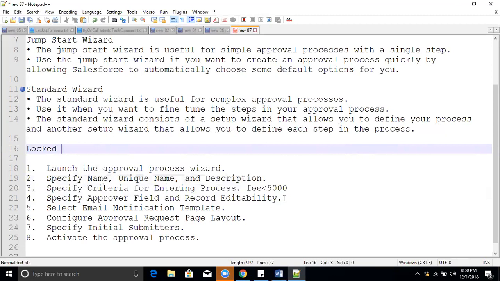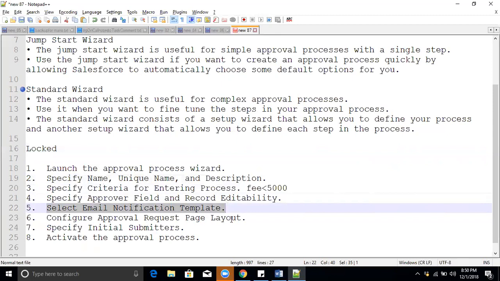Okay. So here we can see the email template. Once we submit the approval, we need to send some initial mails, right? Like, this record is submitted for approval. Please approve or reject this student. Like this, we need to send some sample emails once we submit the record for approval.